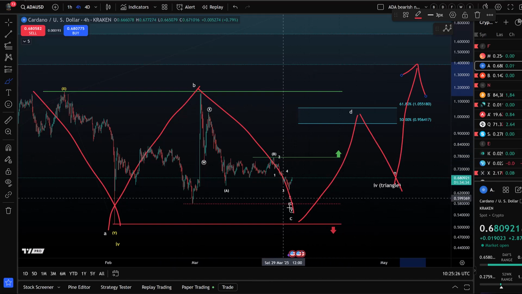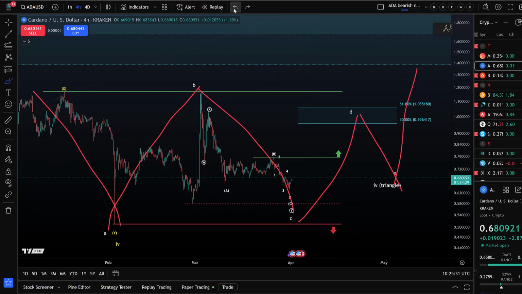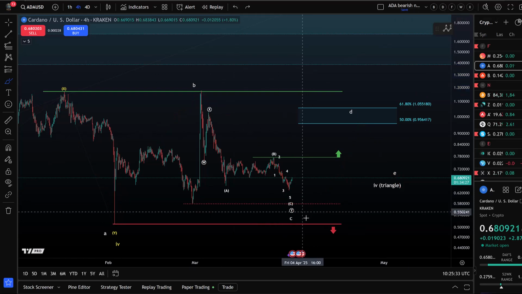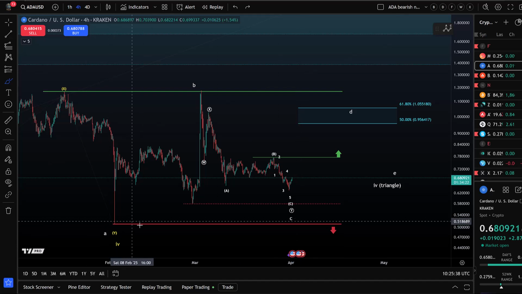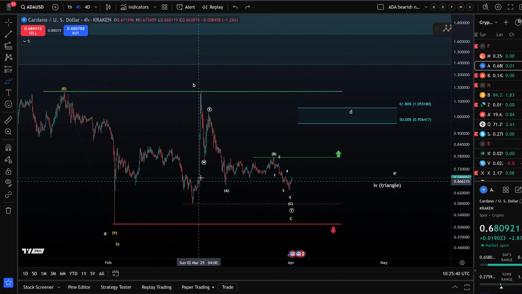After this wave 4 is obviously completed, and it's a series of higher lows and lower highs we're tracking there. And at the moment, we could be in the late stages of wave C to the downside of the triangle. Important is to understand that this C wave must not break below the red line at 51 cents. That's not acceptable. Any break below 51 cents